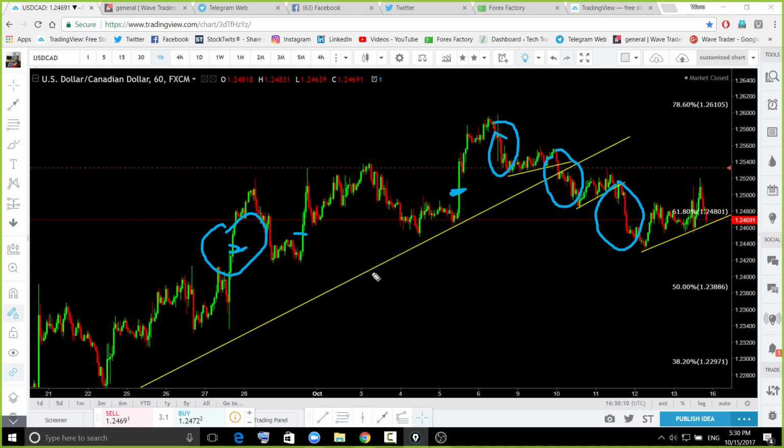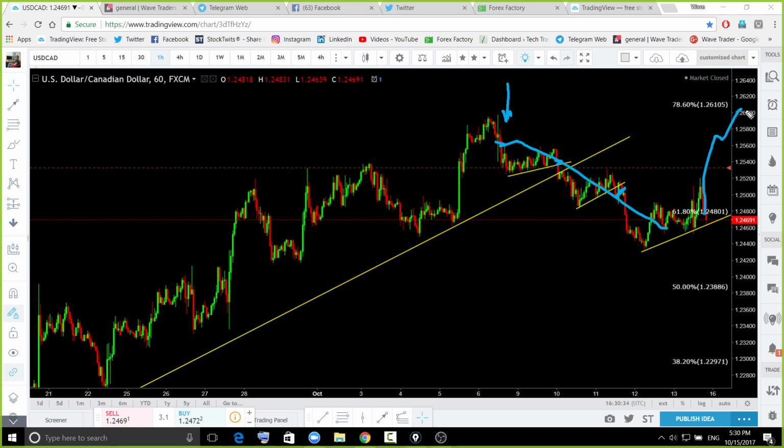So my traders who are holding their shorts from this area, some sold at this area, some sold at this area. We were looking for this breakout as well. Those who are holding their shorts, first of all, you need to move to your safe place, because this is falling correctively. It can go back to the top, so you need to be on break even so that you do not lose your money over there.